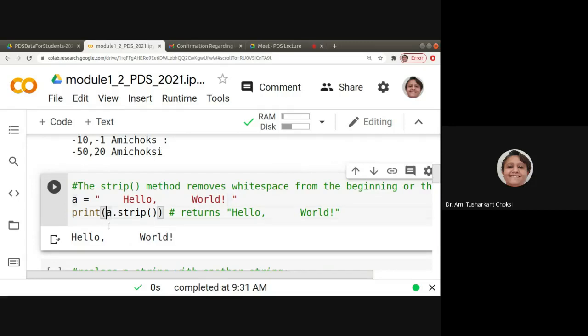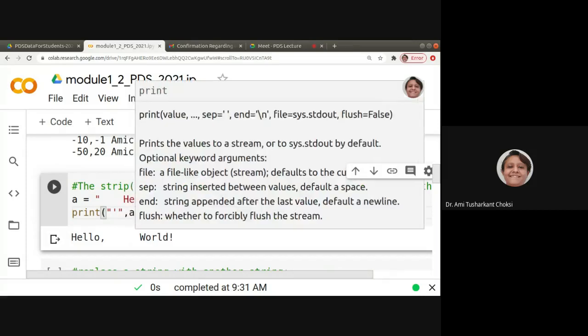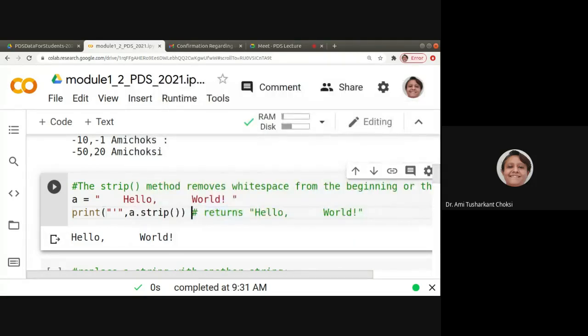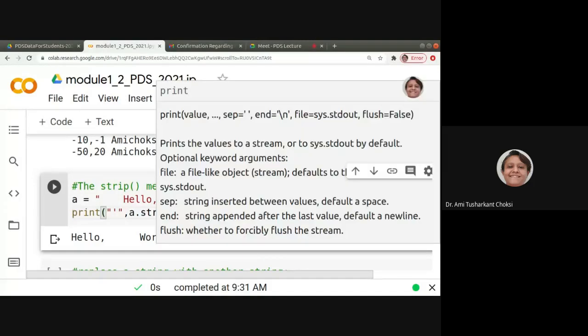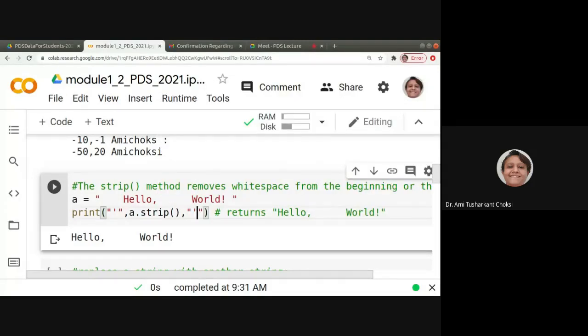If you want to see exactly, what we can do is print a single quote here, then a comma, and the same way a single quote or double quote here, at least something which says that this is the start of the string and this is the end of the string. Okay, so we can say that the space is being removed.